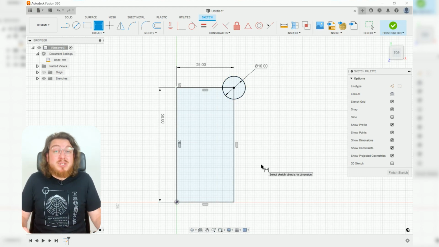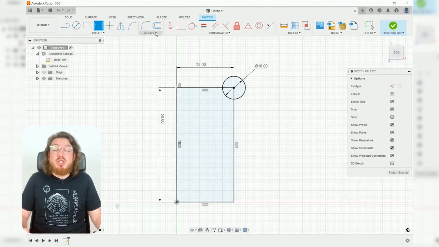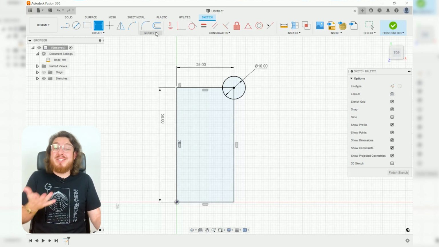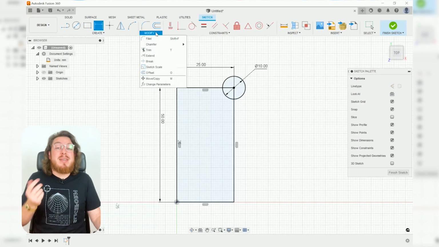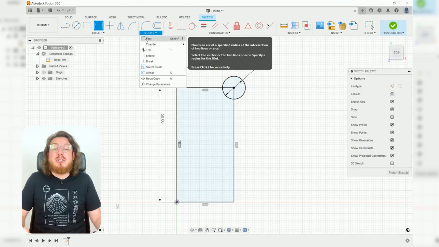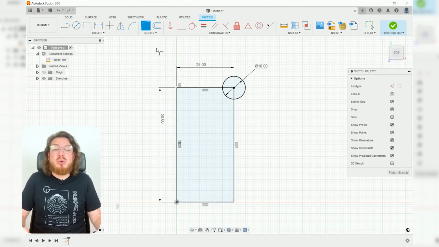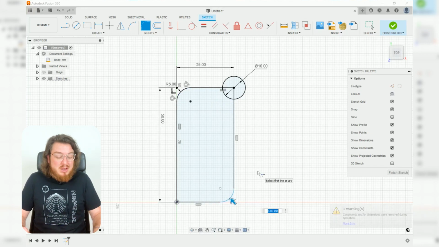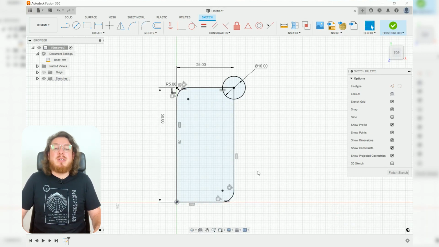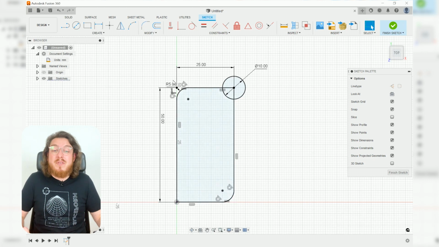Now the other thing I want to do to this rectangle is add on some rounded corners. So that means I'm changing something about a 2D sketch that I already have, which would mean it's going to be in the Modify section. So go ahead and click on the Fillet tool, and then click on the top left-hand corner and the bottom right-hand corner of our rectangle. I'm going to type in 5 and then enter, and that's going to give it a 5 millimeter radius corner